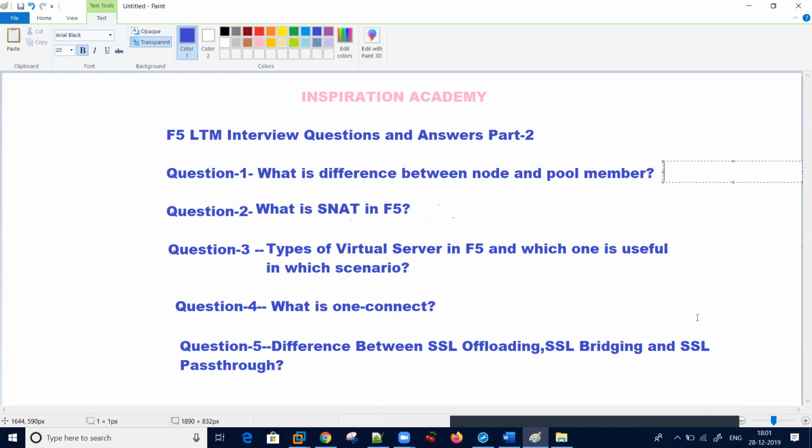Our main focus in uploading these videos is that people get different interview questions and answers, and we have collected them from different scenarios we have gone through, so that it can help you in a live environment and in attending interviews in different organizations. We will go through a list of 5 questions today, and we will discuss the answers for each one